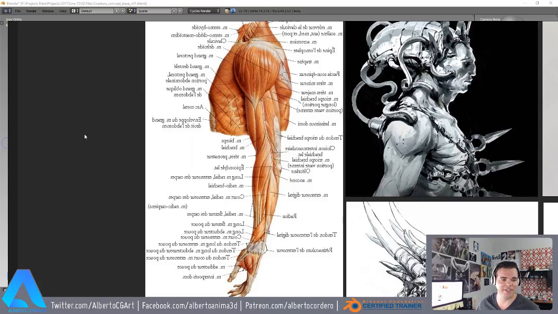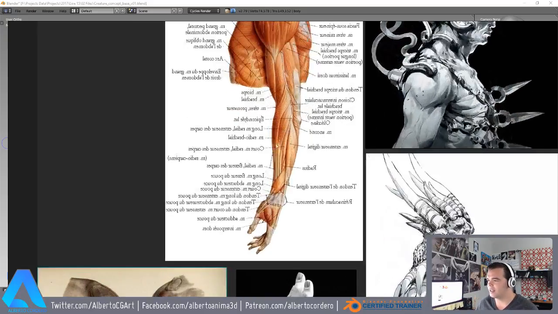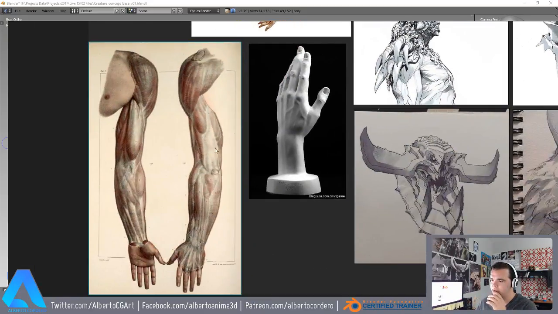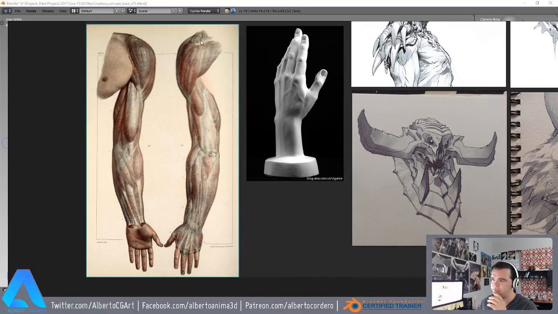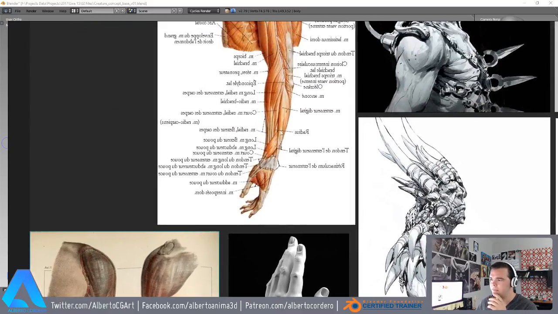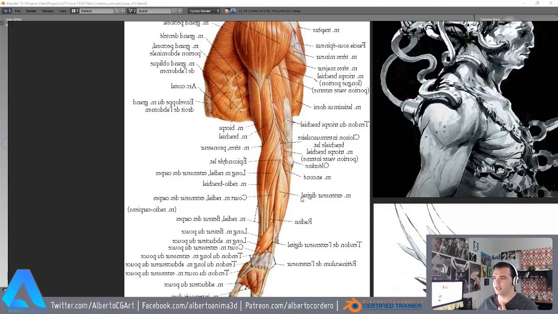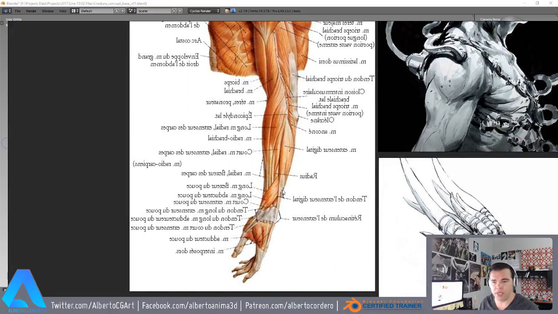Yeah, you forgot about that, Laura. Come on. And this is kind of like the base structure that I need for the muscles, so you can see. So, you know, I have an idea how this is not going to be human, but still it's going to have some kind of, you know, probably is gonna have